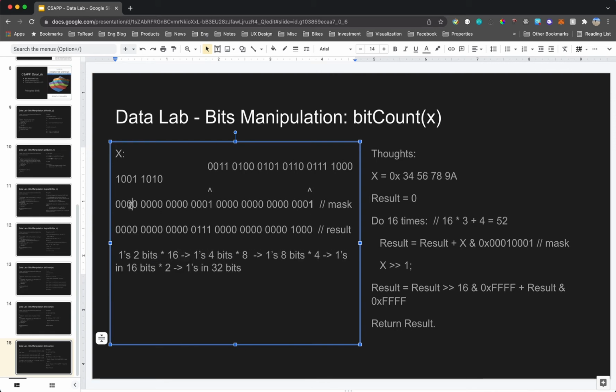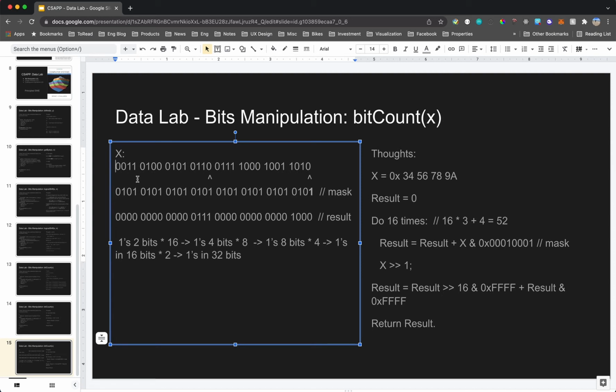So what that looks like is, in this mask, every other bit we put a 1 in it, and then we restore the number here. So here this 1 points to every other bit here,